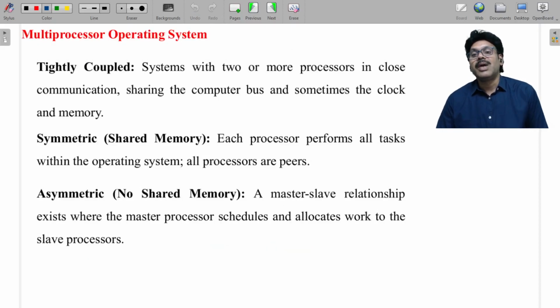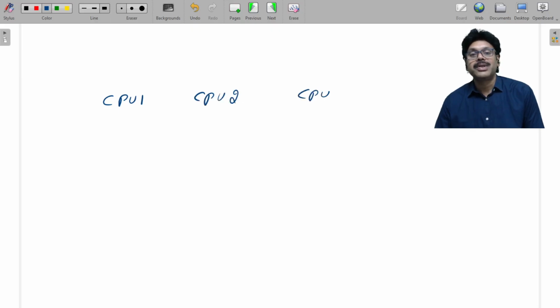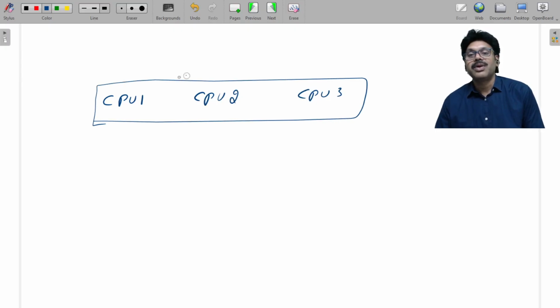And the other one is the multiprocessor operating system. What is a multiprocessor operating system? You have more than one CPU. You never see this kind of scenario. Your laptop and your desktop may be equipped with only one CPU. But if you have multiple CPUs like this, or an octa-core, your physical processor will split into 8 sub logical processors.